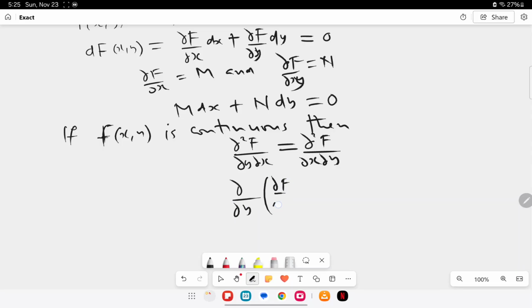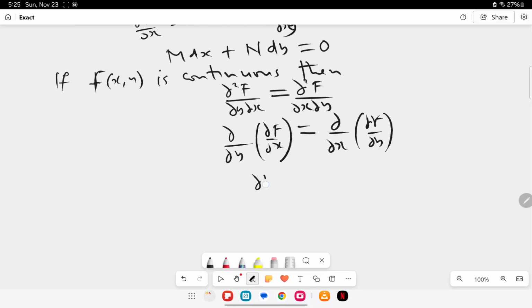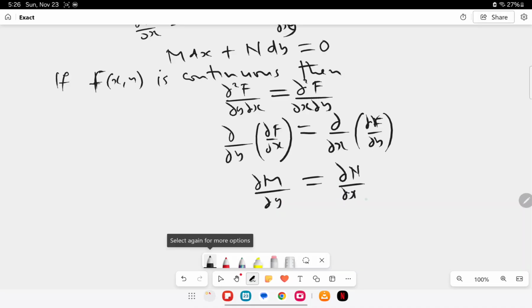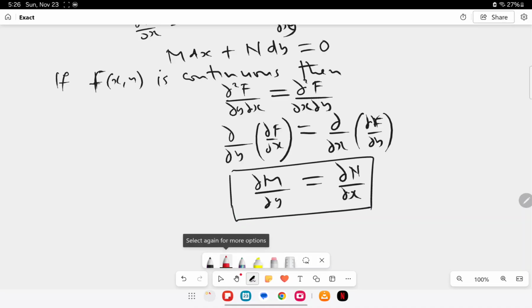Remember that df dx, we say it is M, so this is partial M with respect to y. And df dy is N, so this is partial N with respect to x. Sorry, this is supposed to be y here and x here. Now you see this condition, this is the concept of exact differential equation. So from the original total differential equation, it will be exact